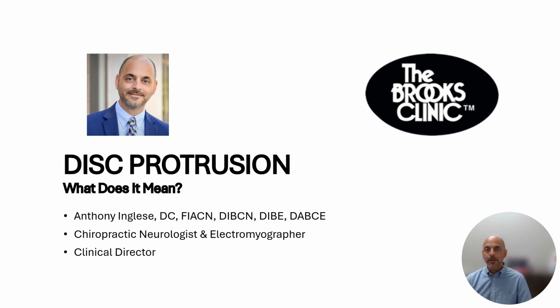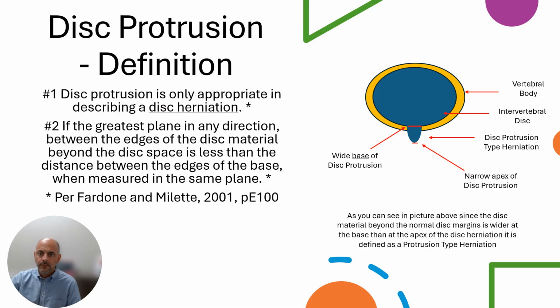So our topic this month is disc protrusion and what does it mean? A disc protrusion, by definition, is only appropriate in describing a disc herniation if the greatest distance in any plane between the edges of the disc material beyond the disc space is less than the distance between the edges of the base when measured in the same plane. That's per Fardon and Milette in 2001. They came up with the disc nomenclature. So that is just a very difficult way of stating